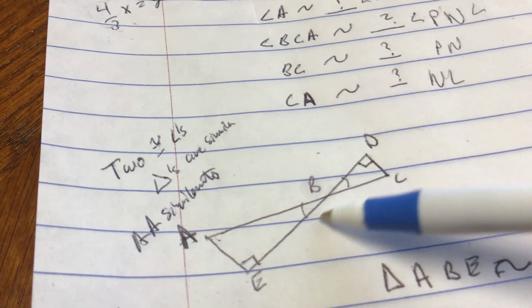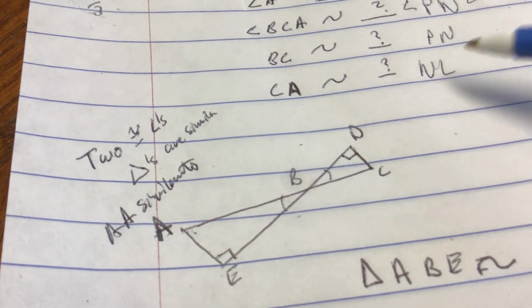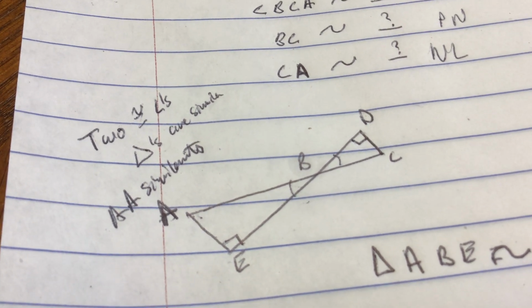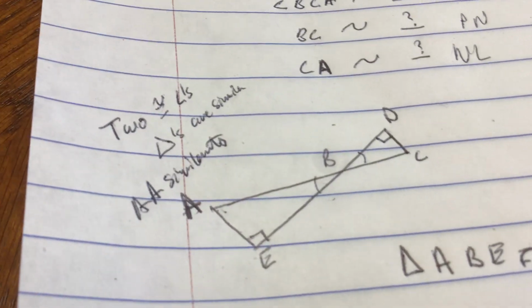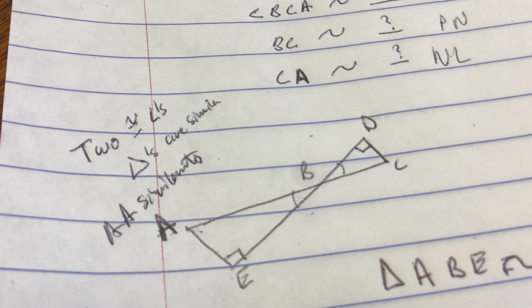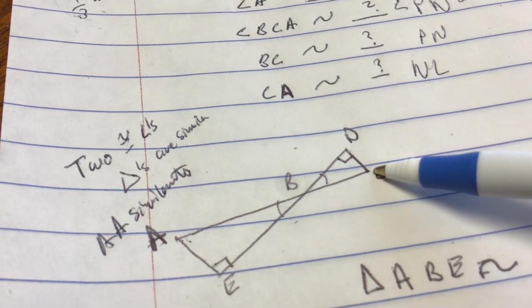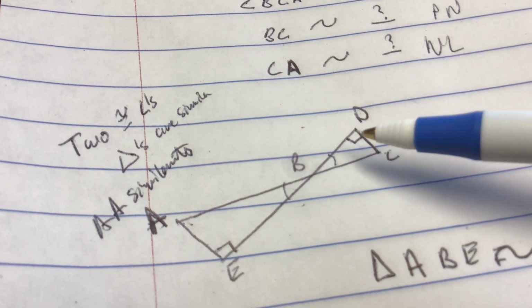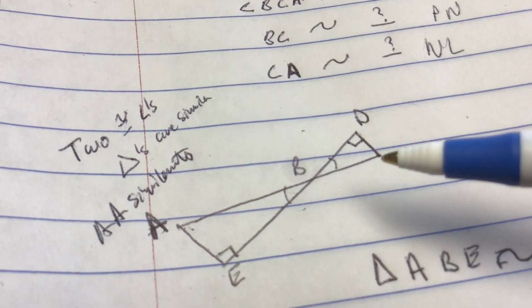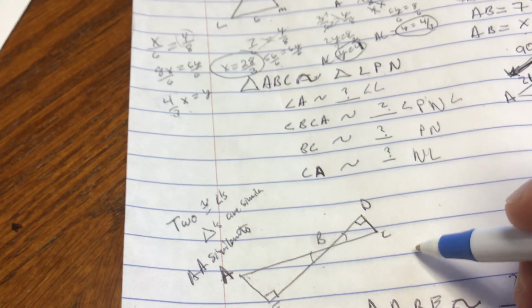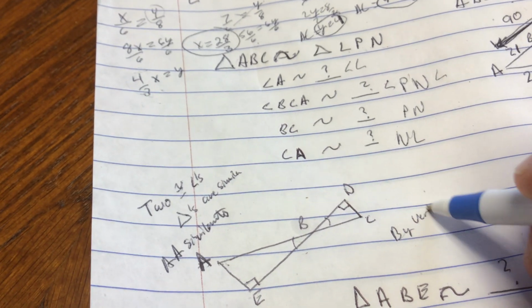Now I have two angles in the triangle on the left and two angles on the triangle on the right. Therefore, they must be similar. Now remember, similar doesn't mean congruent. It just means that the side lengths will be proportional and the angles will be congruent. Notice, by the way, that A and C, even though they're not marked, have to be congruent, because if these two are congruent and these two are both right angles, all the angles of a triangle have to equal 180, so the C and the A also must be congruent to each other. But how would I show that? I would say by vertical angles,